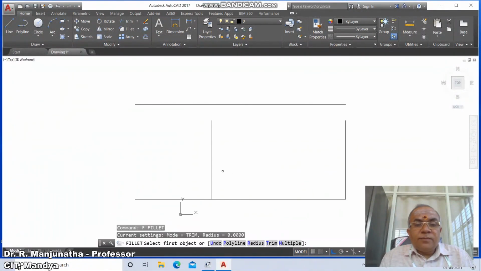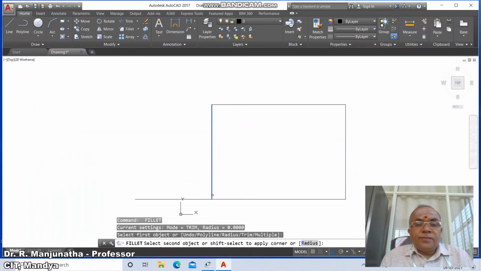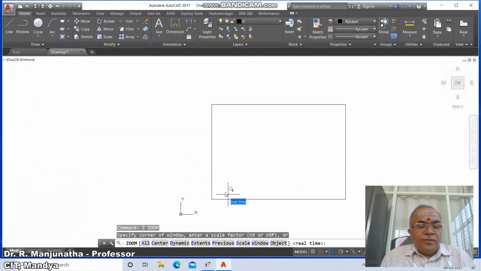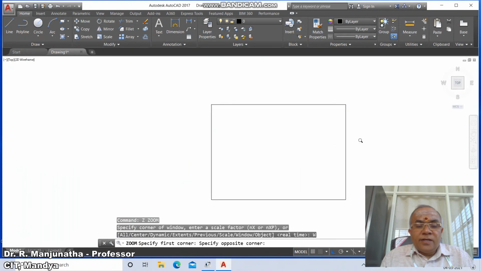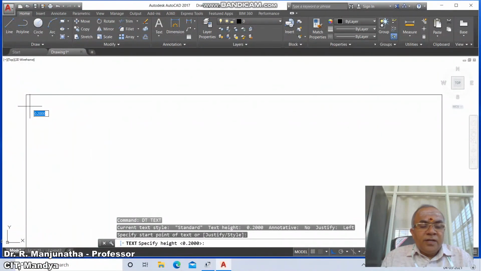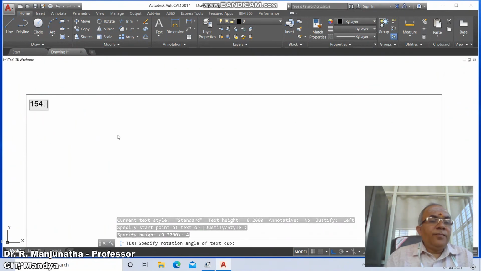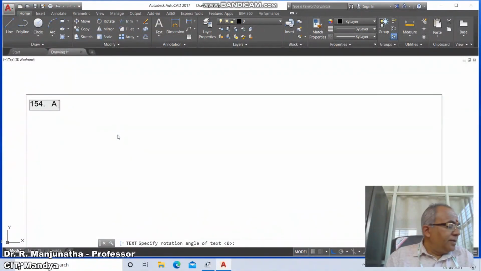Then go to fillet between this line and this line. Similarly fillet between these two. Similarly fillet between these two. Then go to zoom window, select near to the screen and go to D-text tab. Specify start point, select some point and take the height as 4, rotation angle as 0 and type problem number 154. Then here a hexagonal pyramid, 25 mm sides of base